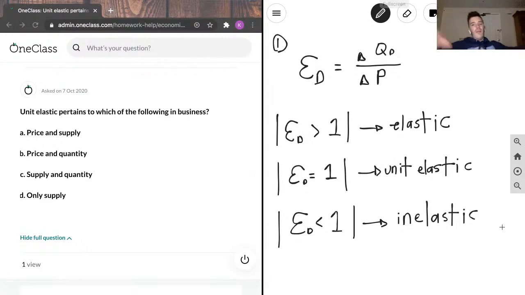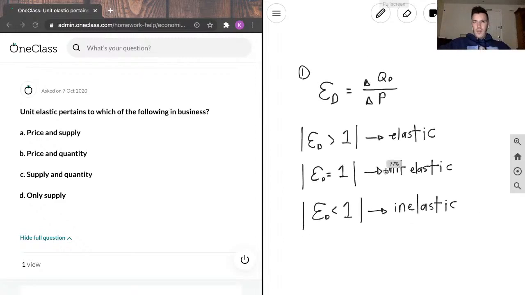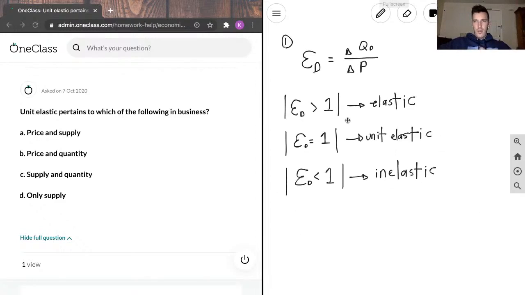So examples of inelastic goods would be paying rent, everybody needs housing, or perhaps buying groceries, everybody needs to eat. And examples of goods that will have elastic demand are maybe things like video games, where they're luxuries, but you don't need them. I can try to graph these real quick, too. It doesn't really add much to it, but